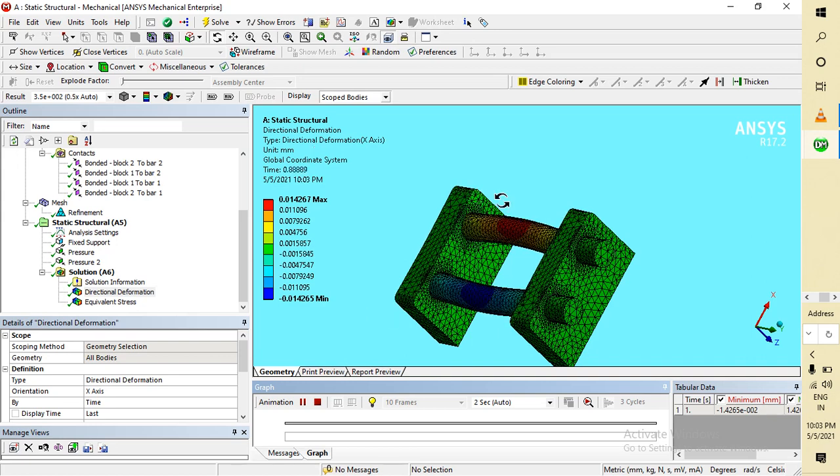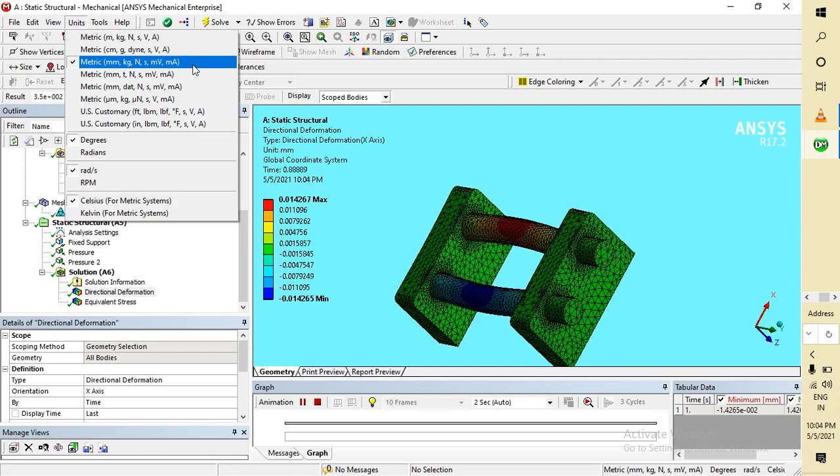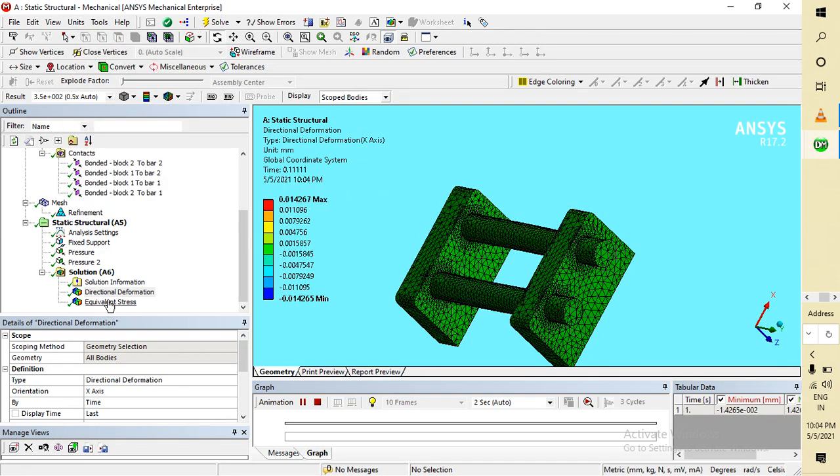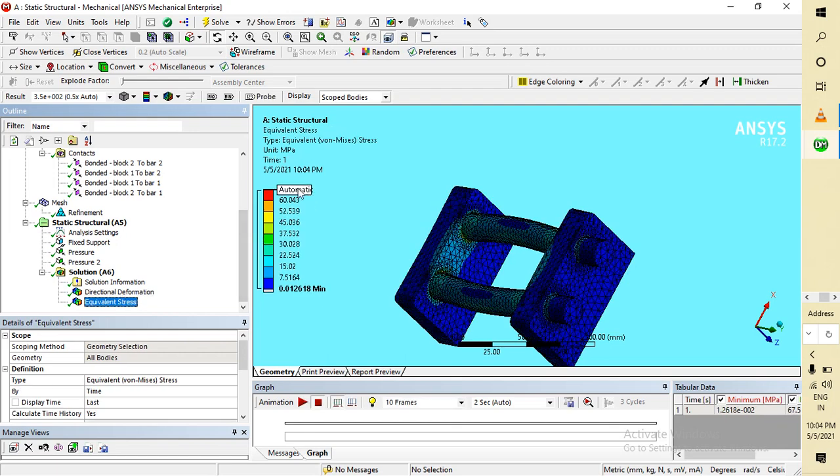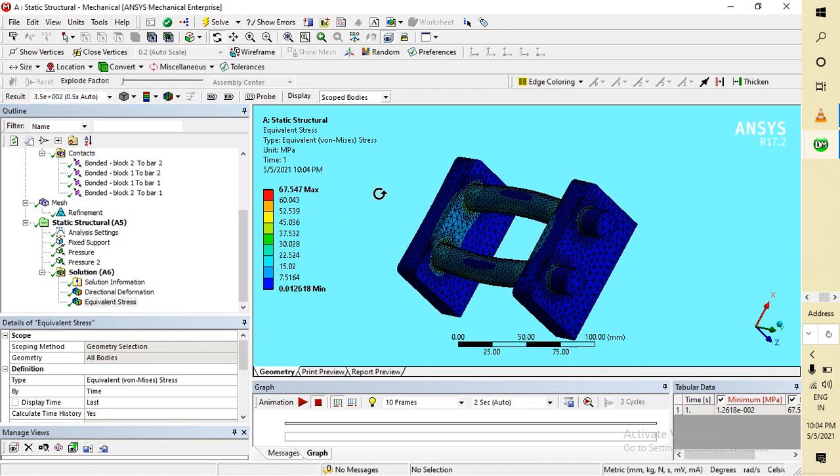If the difference is in 1 mm, then here you can see the total deformation is 0.1462667, maximum deformation in mm. How can it be made visible? Okay, I will go to Unit and mm. Yes, already selected here, so no problem, this is in mm. So now the equivalent stress will be 67.64 maximum. Okay guys, it is in megapascal.